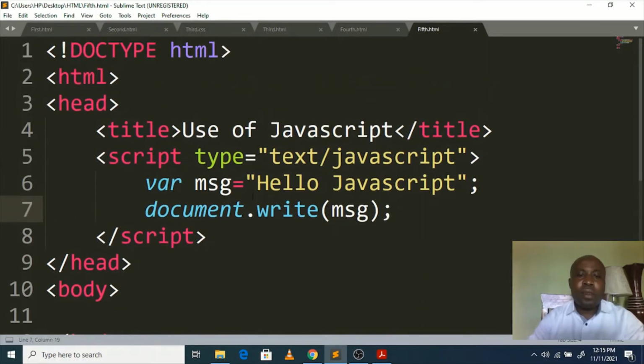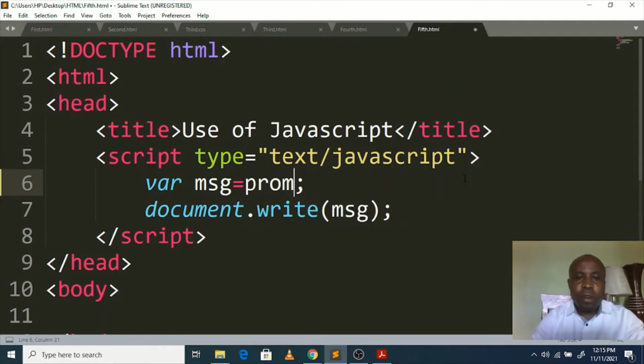So instead of assigning the text statically like this, we use the function called prompt. So prompt will enable JavaScript to provide the text in an input box. So enter a text here